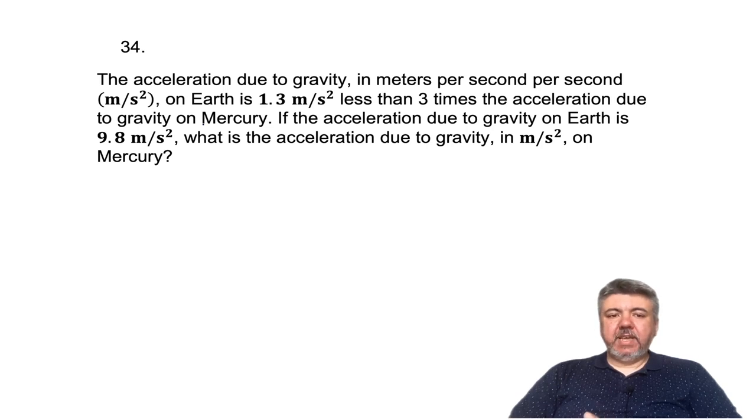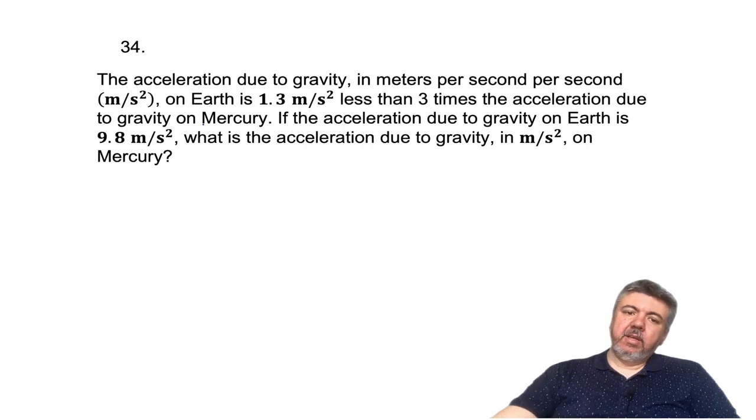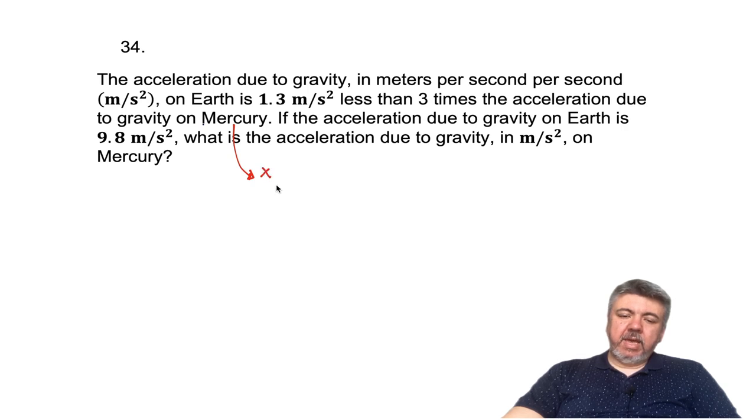Question 34 says, the acceleration due to gravity on Earth is 1.3 less than 3 times the acceleration due to gravity on Mercury. Let's solve it. Acceleration due to gravity on Mercury, let it be x. And acceleration due to gravity on Earth is 9.8. So, 9.8